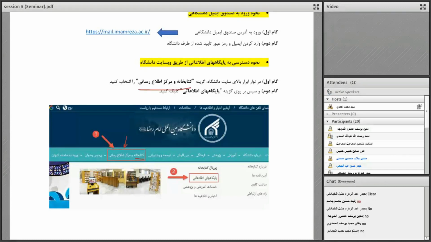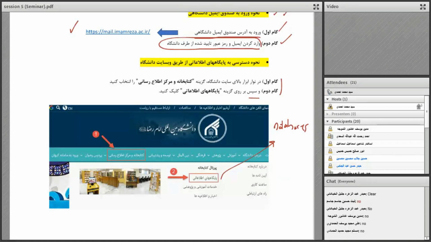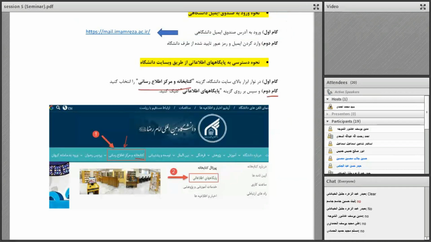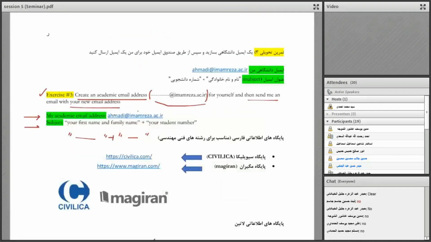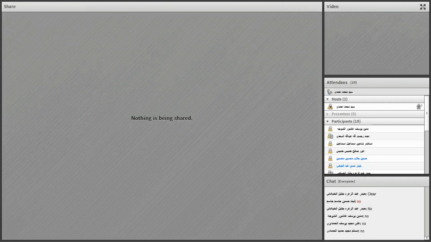The first step, here you can see the first step is to click on this button, the library section, or library button. And the second step is to click on databases here. So this is the way to access databases from the university. Databases. Okay, so again,